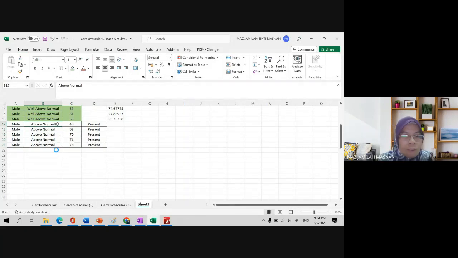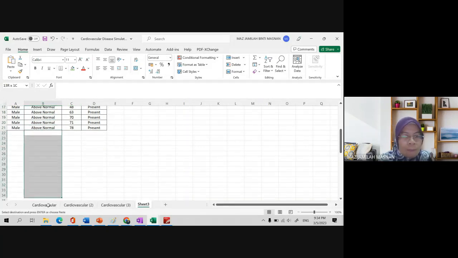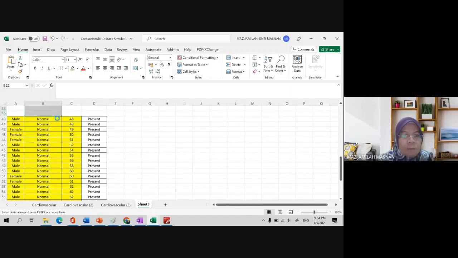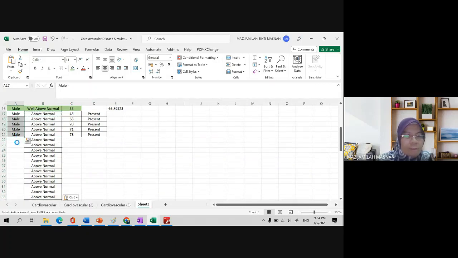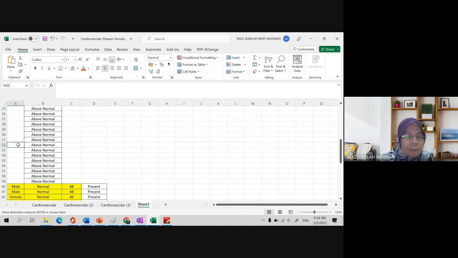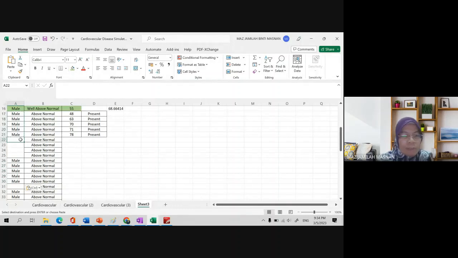Control C. So these are all for above normal. And in the above normal, I want to put some of the gender. Some of them are male, and some of them, let's say we put them as female. This is for the purpose of the assignment only. And then just copy